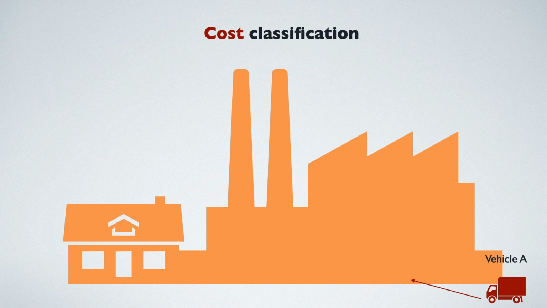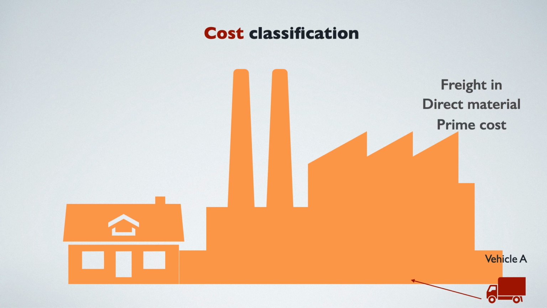Vehicle A is the vehicle to deliver raw material into the factory. This is not owned by the business. The cost will be considered as freight in. Since the freight in is closely related to the direct material, the cost will be included into the raw material